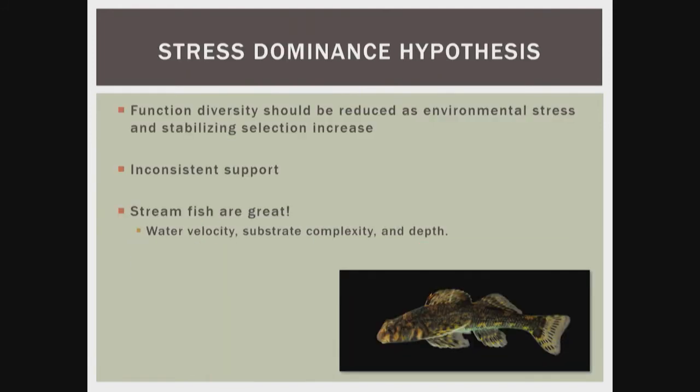So another thing, I was looking at the stress dominance hypothesis, and one thing that this brings up is that functional diversity should be reduced as environmental stress and stabilizing selection increases. Unfortunately, there's been pretty inconsistent support, so I thought I would try to test this with fish, because they are great, and we saw that water velocity and structural complexity tend to have a large and stressful influence